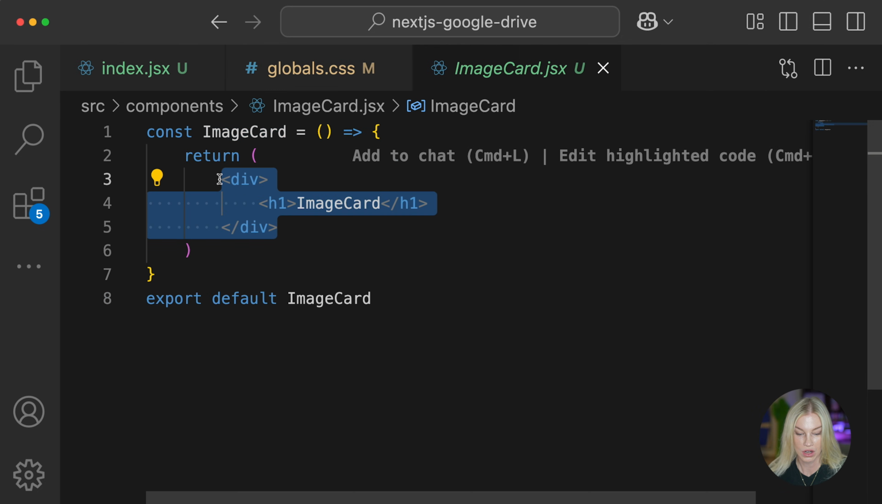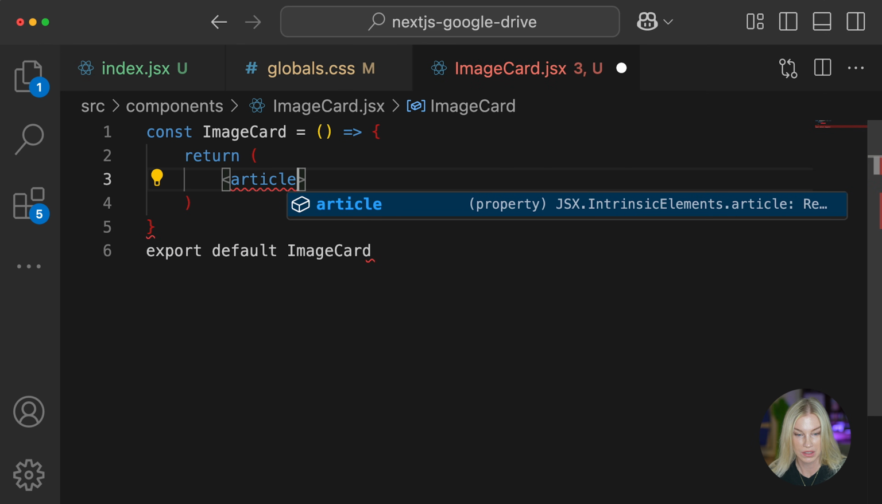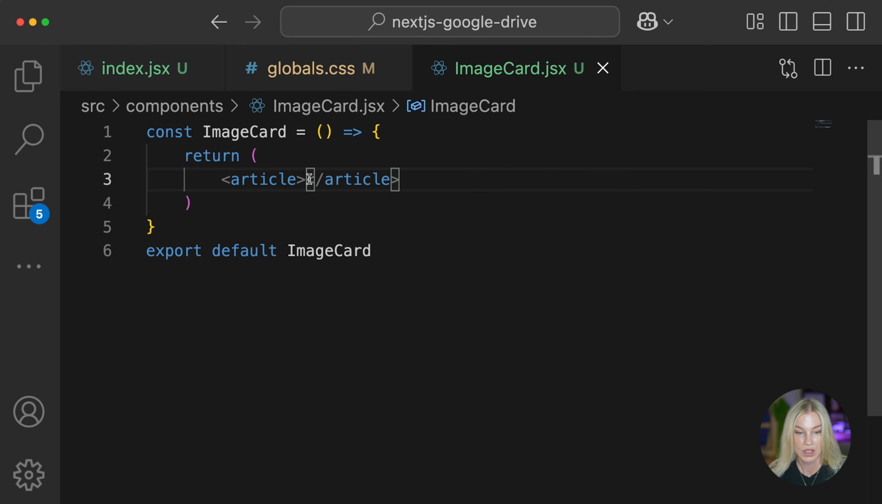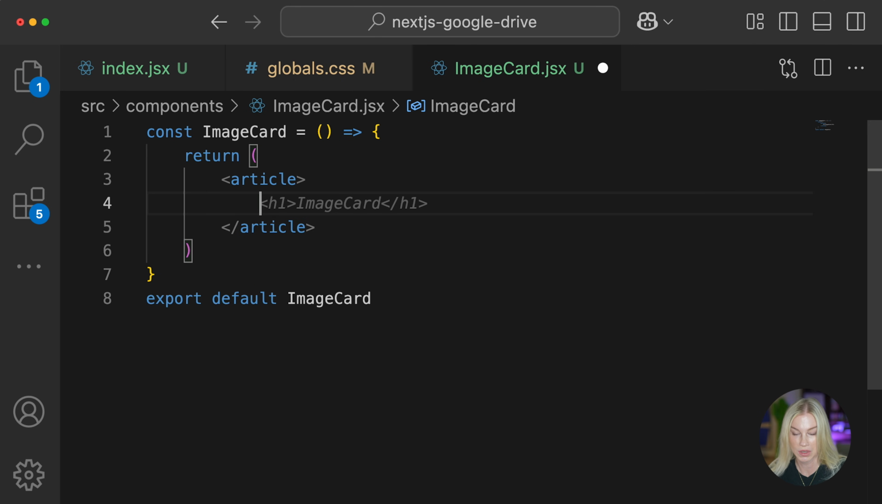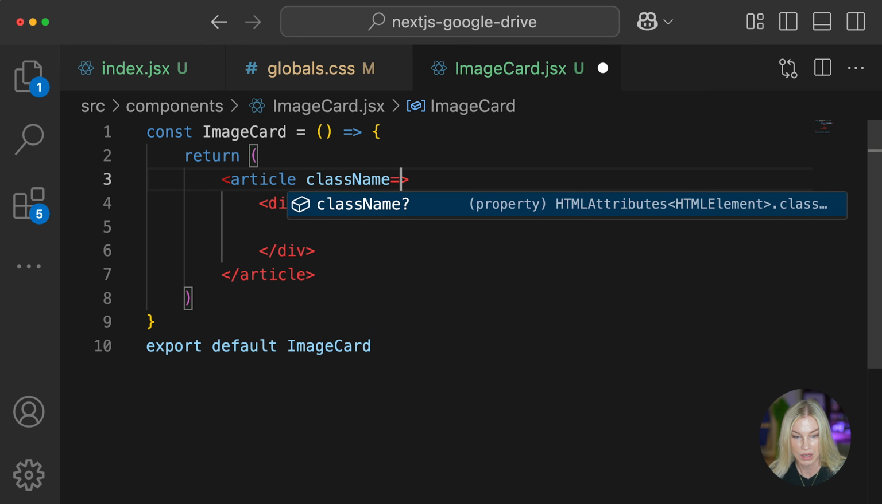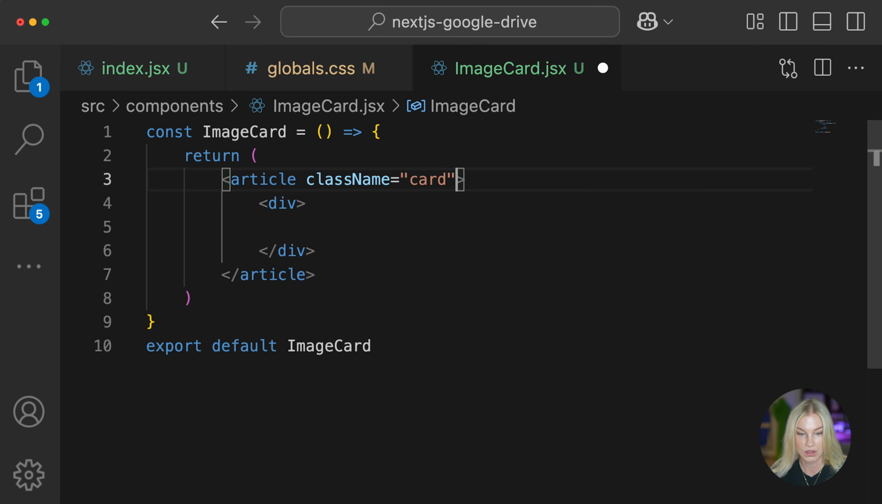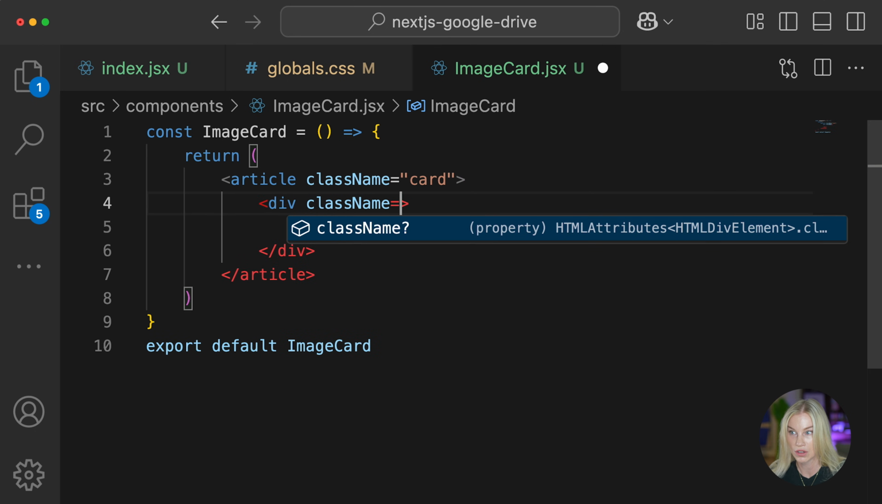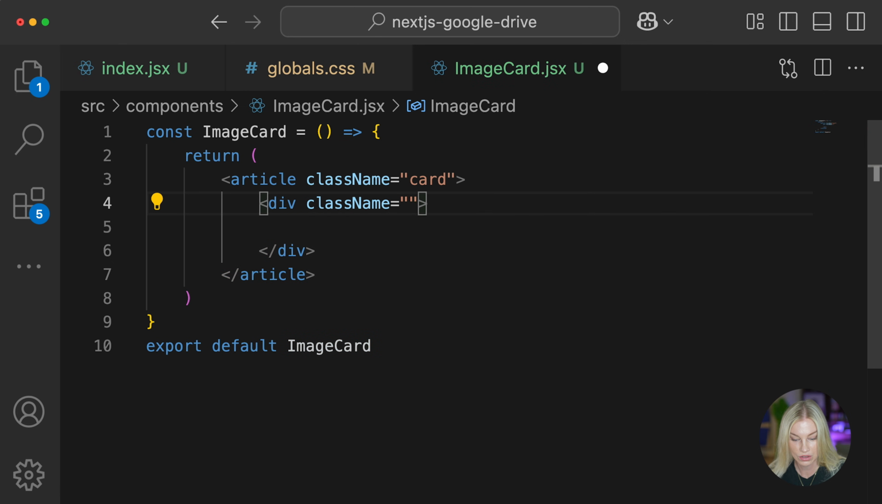For the image card, again, I'm going to use something with semantic meaning, which is the article element, just like so. And then in here, I'm going to use a div. Let's actually give this article a class name because I'm going to reuse this. So class name of card. I'm going to use it for the video card as well. Let's give this the class name of title container,